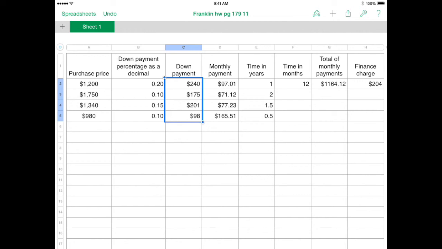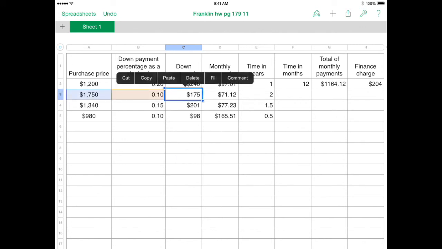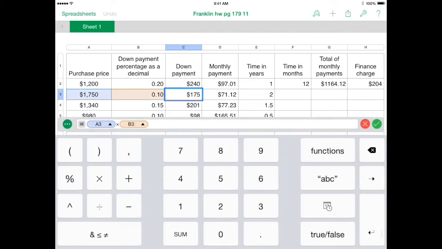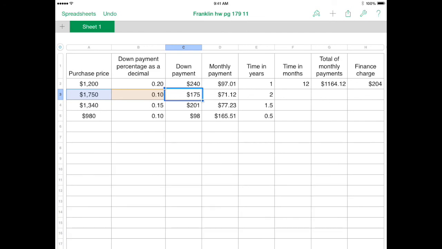Now what I've got in this cell, I'm going to click off of that and then back on this 175. I'm going to double tap on that. Notice that there's a formula embedded in that already. Instead of the down payment being A2 times B2, this tells me that the formula is A3 times B3, which is exactly what I would want. So I'm going to press the green check mark again. I'm now going to let you